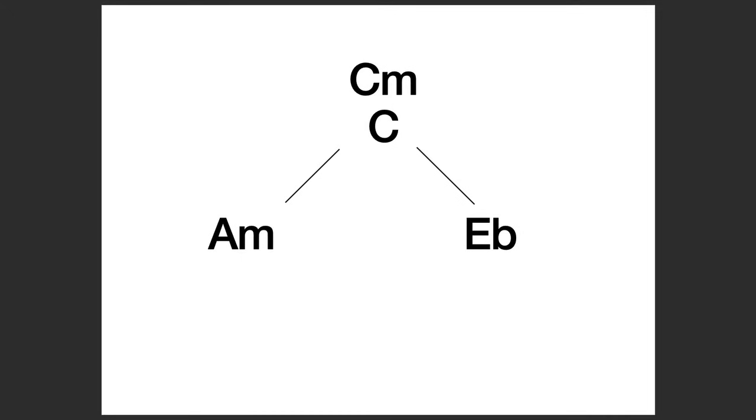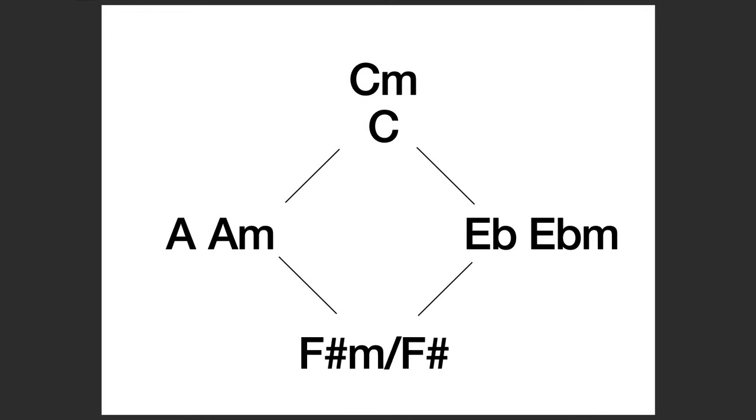And of course that continues. So A minor is connected through the parallel relationship to A major, and E flat major to E flat minor. And those are connected to F sharp minor and F sharp major, or G flat minor and G flat major. So what you have here is C major belonging to a group of 8 chords or keys, which are interlinked through just 2 principles, that of relative and parallel connection.